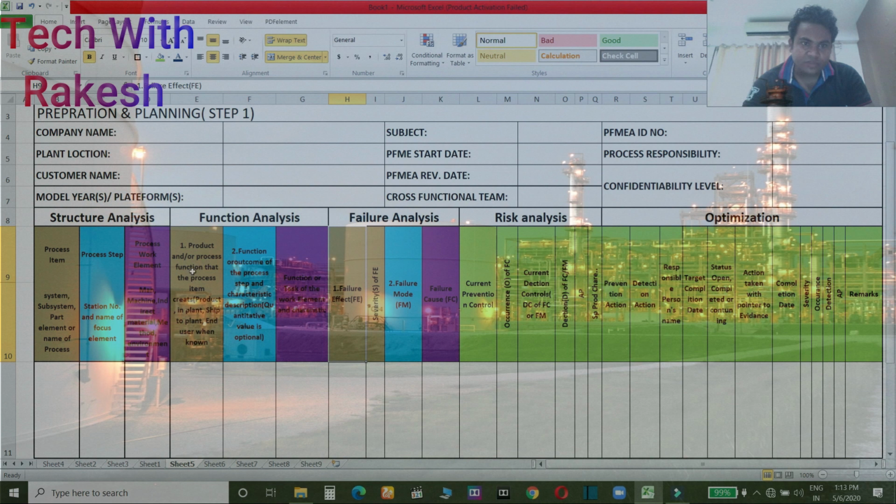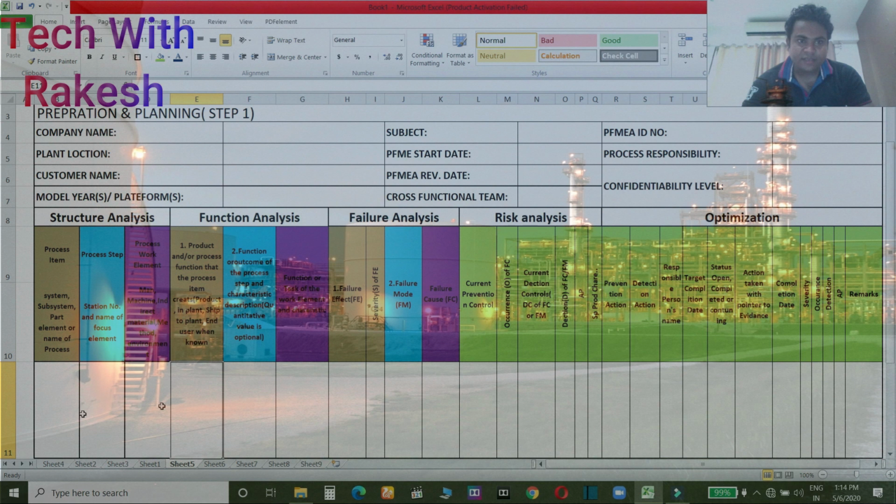So guys, here you will see that this is linked with product and process function that the process item creates. So this column is linked with this column. So in this column we will see that here written that product in plant, ship to plant, and in end user. So in this column you have to specify what are the functions of your product at your plant. Suppose you are making or producing a nut, so you have to write the function of the nut.